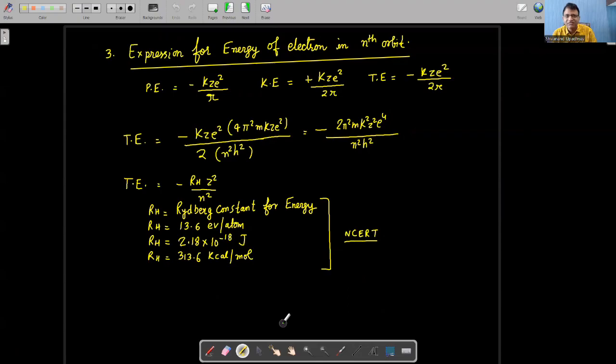So potential energy, we know that since the charges are opposite, it is minus 1 upon 4 pi epsilon naught Q1 Q2 upon R. So in place of 1 upon 4 pi epsilon naught, we are using K. So the value of K is 1 upon 4 pi epsilon naught. So this is the value of potential energy, and by using the expressions we are able to prove, because when the electron is moving in circular motion and neither gaining any energy nor losing energy, so we can say that